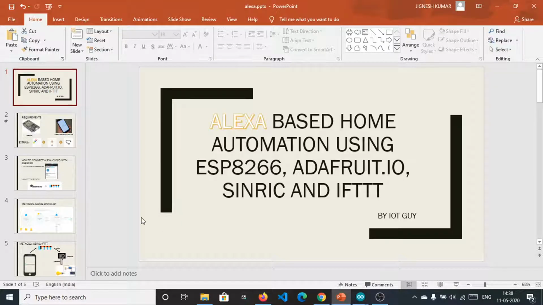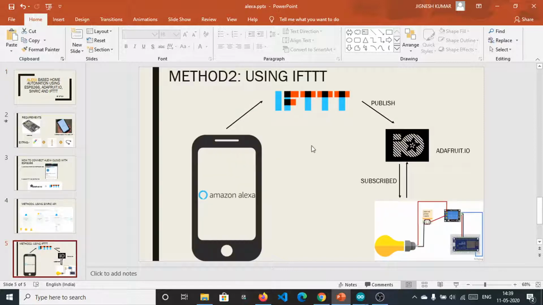As we have already discussed in our previous session, IFTTT is publishing the data to the Adafruit broker, and we, as a NodeMCU, subscribe to a specific topic on this broker, and the topic is red for the red LED and green for the green LED.